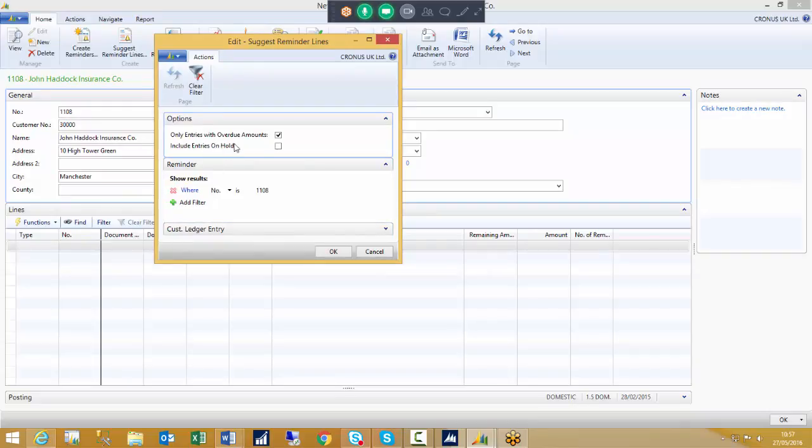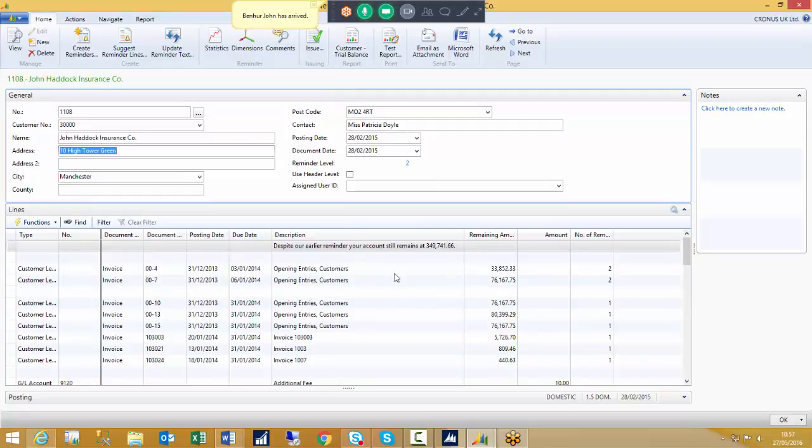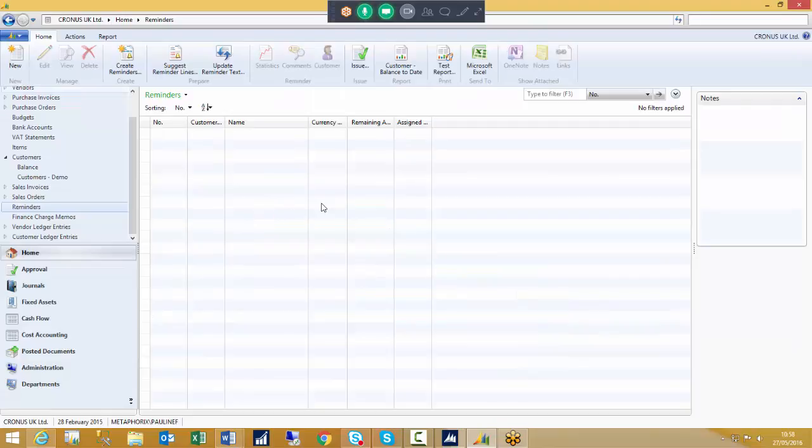Only entries with overdue amounts, and you can choose to include or exclude any entries that have the on hold marker against them. So if I say yes to that, then we can see that it has indeed populated our reminder for us. I'm just going to delete that, however,